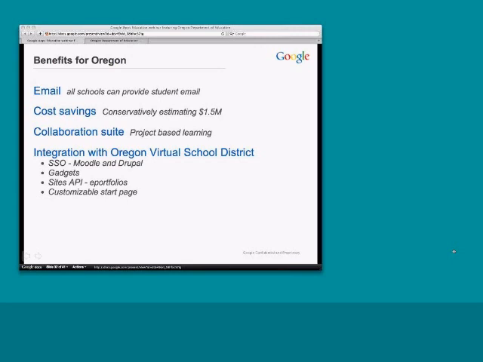What we've looked at, through conservative estimates, is that we will immediately gain a cost savings and a cost avoidance of $1.5 million for student email alone. So we now have students that get access to secure email through Google that they never had before, and all the other applications. The collaboration suite for us